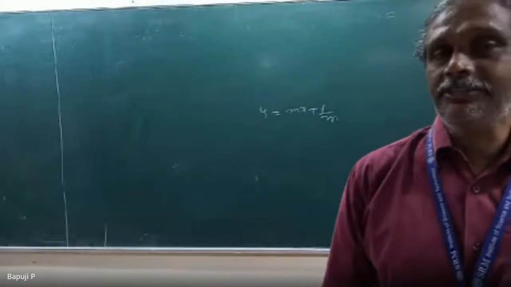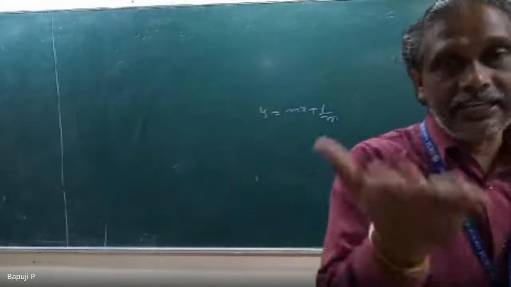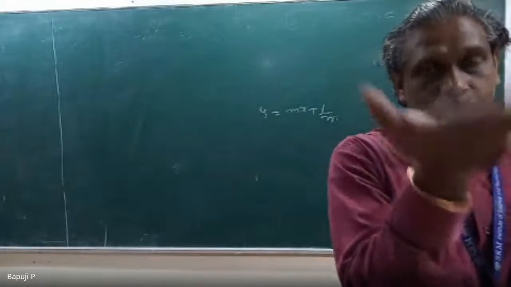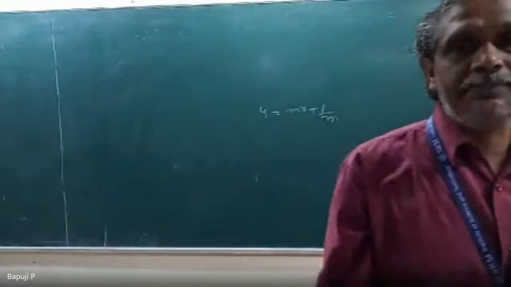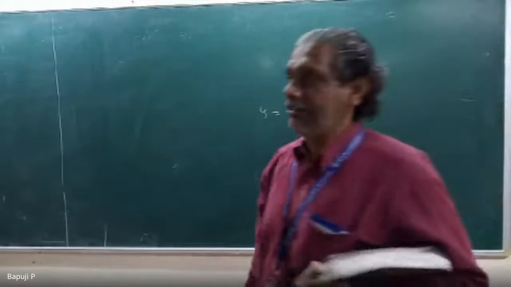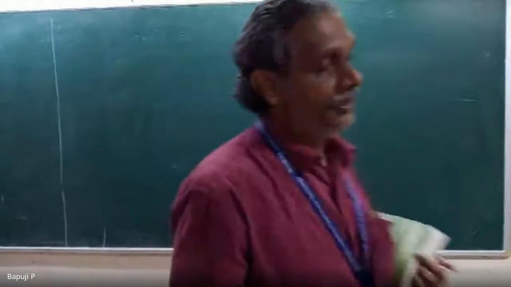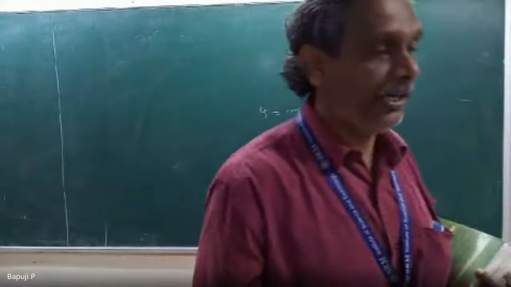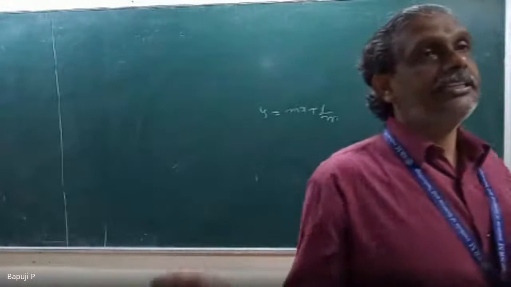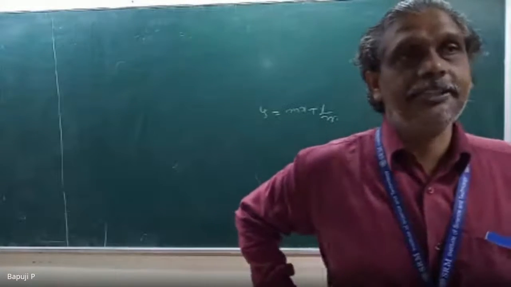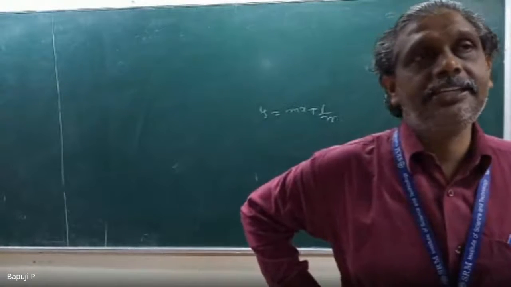C is equal to what condition will you produce? Tell me. For any line to become tangent to the ellipse, what is the condition? Y is equal to mx plus c, c is equal to what? Actually, not ellipse, it is the parabola: y square is equal to 4ax. Then y is equal to mx plus c. When it becomes the tangent of this, what condition? C is equal to what?